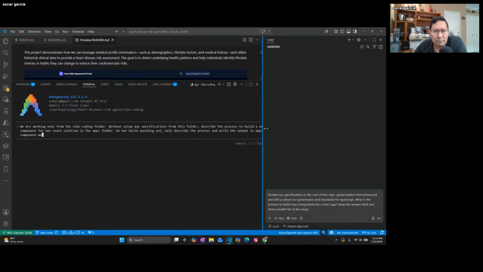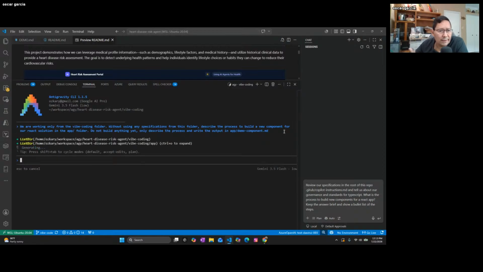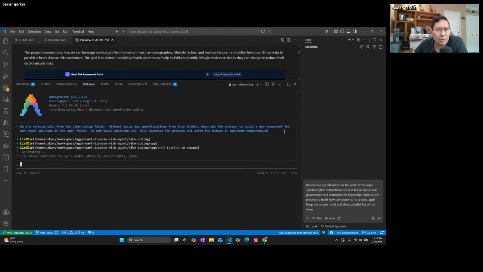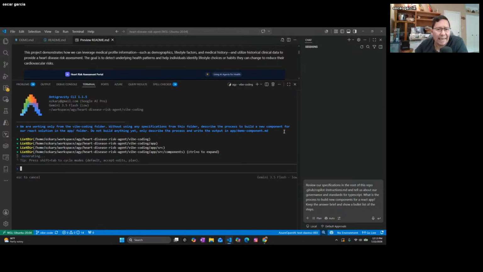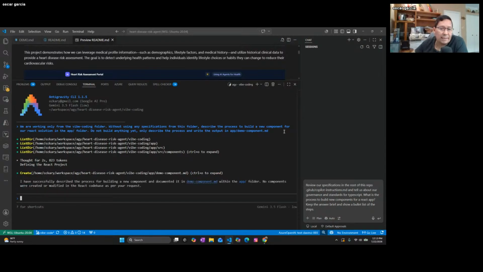It described to us, basically, because this is really the process to be able to say, hey, I want to build a component that is going to do this and it's going to do that. And anti-gravity just picks up on that. It just scans your files. And you've got to be careful. Also, you have to set up your guardrails. You don't want, for example, anti-gravity to start scanning everything and building everything that it thinks it should be reading, right? So you may want to keep the scope of that analysis short,